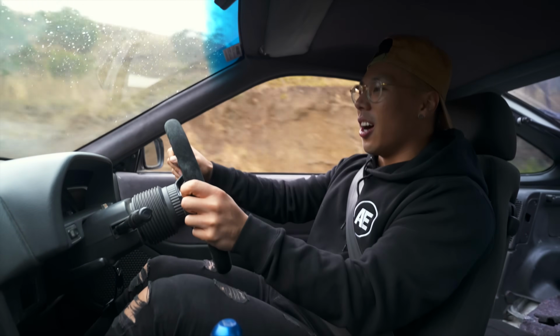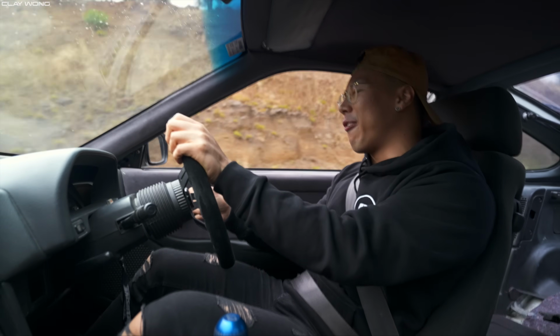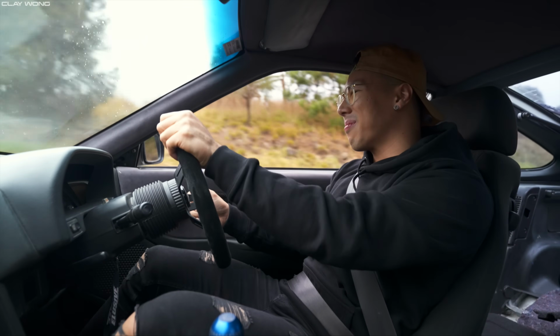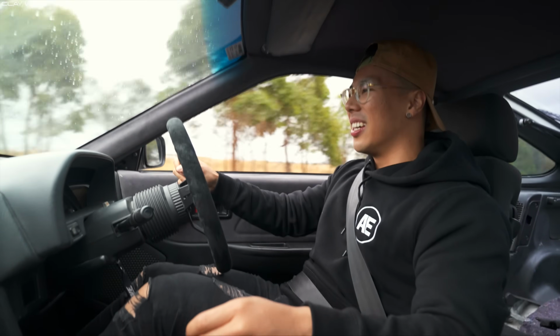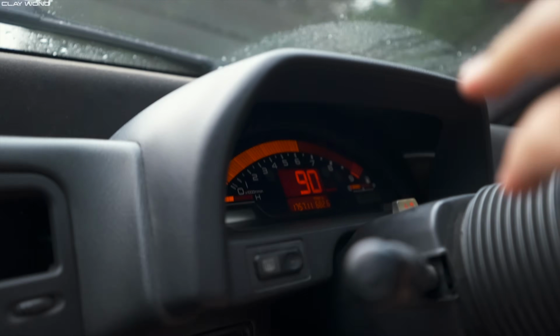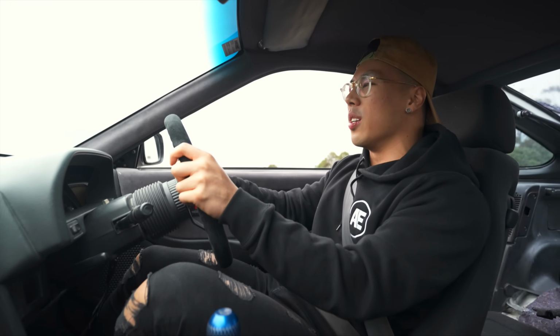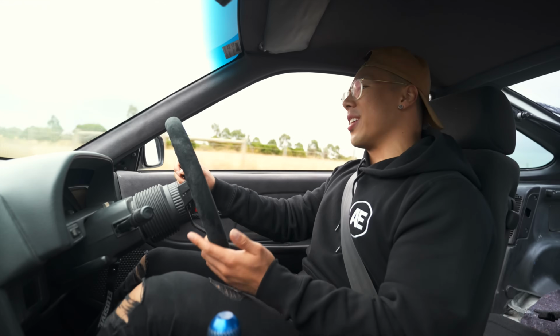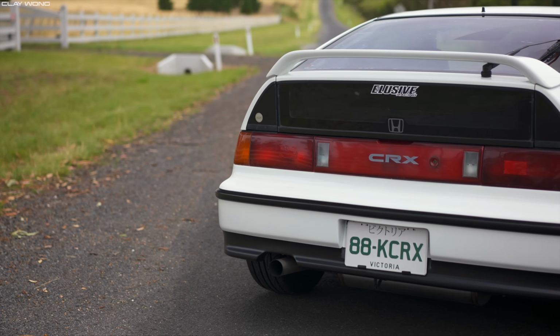There's a little bit of rattles going on, but I think that's what you would expect from a K Swap car, but it doesn't detract from the experience because it's so direct, so precise and accurate, and when you jump on it, it is so bloody quick, guys. It runs out at 7,800 RPM. 143 kilowatts of power at the front wheels, or 200 horsepower just at the front wheels. And in a chassis like this that weighs just over 850 kilos, it is quite a fair bit, to be